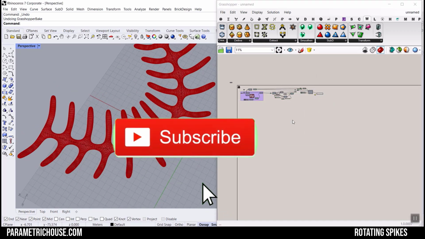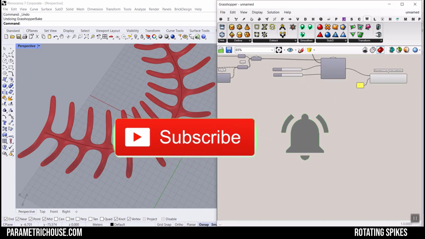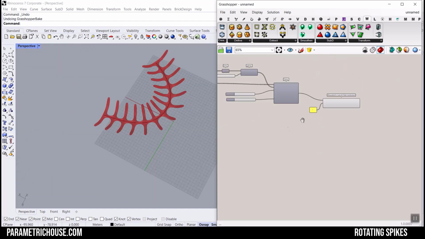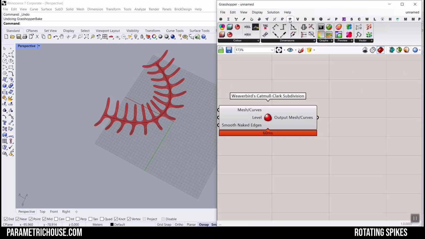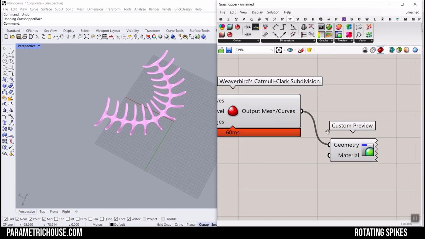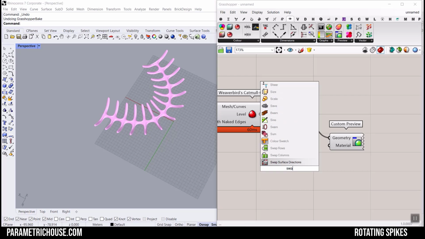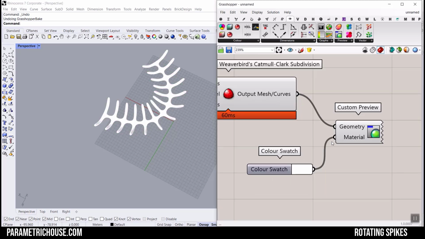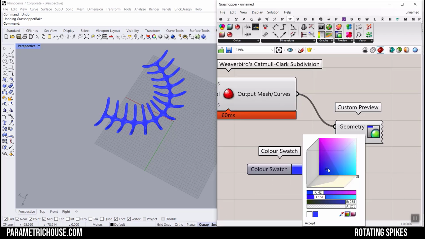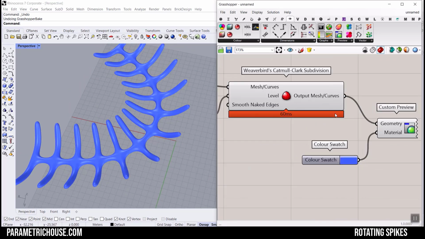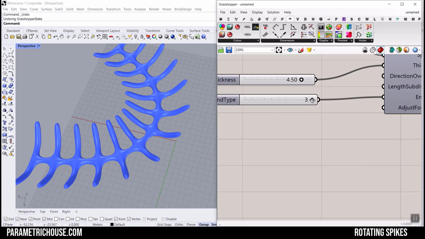And we can hit Control M so you don't see the mesh edges, and you can also connect a display custom preview, give it a swatch to have a fast overview, see the results. Okay, it's like that. That's it. Remember that you can play with these,